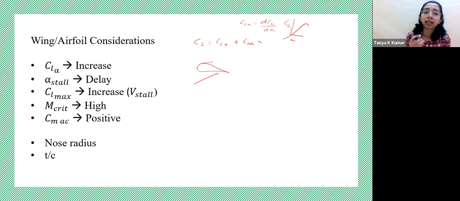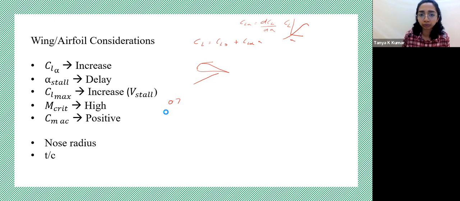What he said is that it is the free stream Mach number for which at some point on the airfoil cross section, you have Mach 1 occurring for the first time. So that is the critical Mach number. Again, you need the critical Mach number to be as high as possible to increase your operational range. So if suppose your critical Mach number is 0.7, then as soon as you reach 0.7, there is some point on the airfoil where you have shock waves, and that is not beneficial for your flight. So you want this critical Mach number to be as high as possible